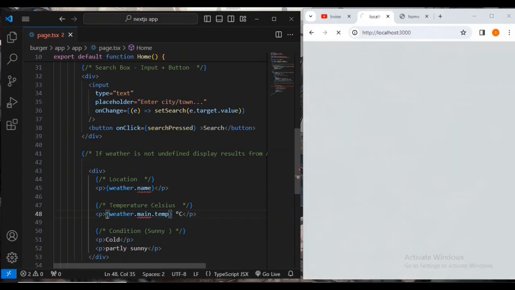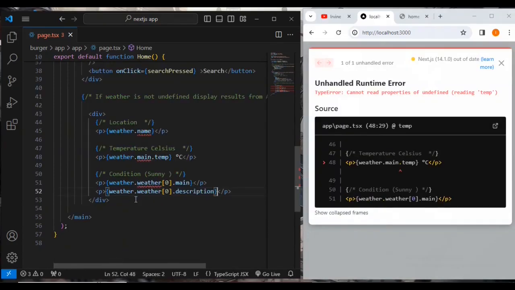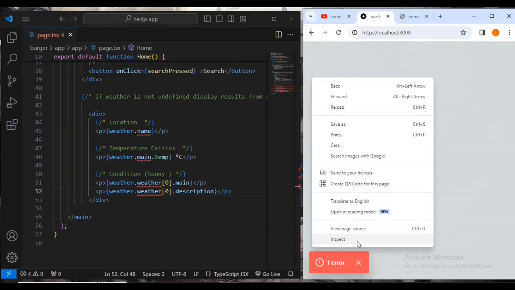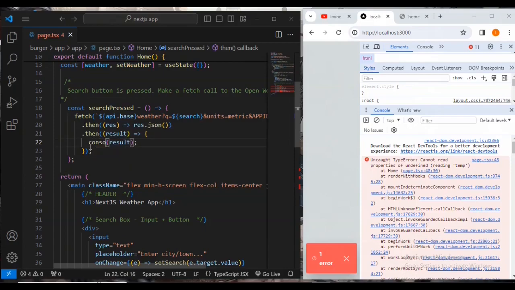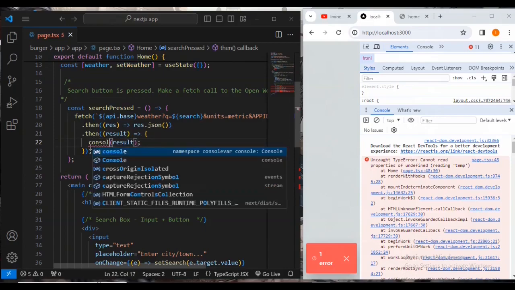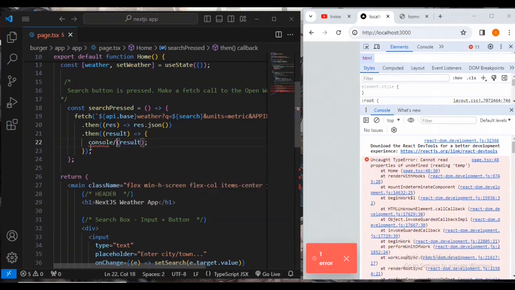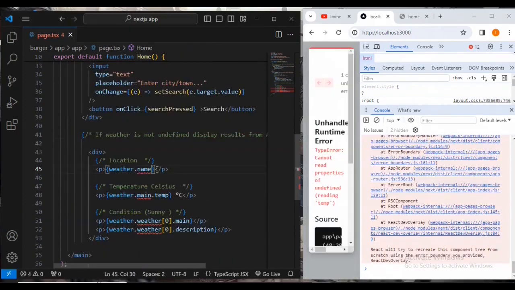Then in the paragraph we're going to say weather.main.temp, weather.weather array of 0 for main and description. So you might be wondering where these values are coming from. Let me show you. When inspecting, you can see on setWeather, let me go backwards and say console.log. I want to show you what happens when I press console.log result, when I do a search,